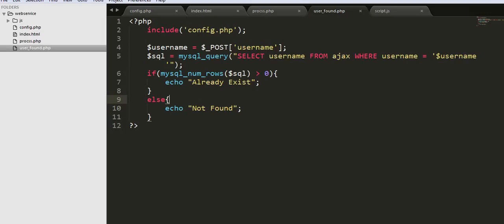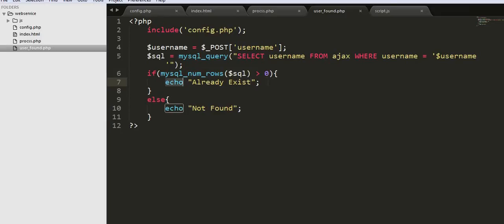and this value will be passed inside this query, with the help of a select username value from the table called AJAX, where the username field is equal to whatever value the user puts inside the text box. And here I am giving a condition checking the availability of the data. Here I am checking for the number of rows. If I get a number greater than 0, that is 1,